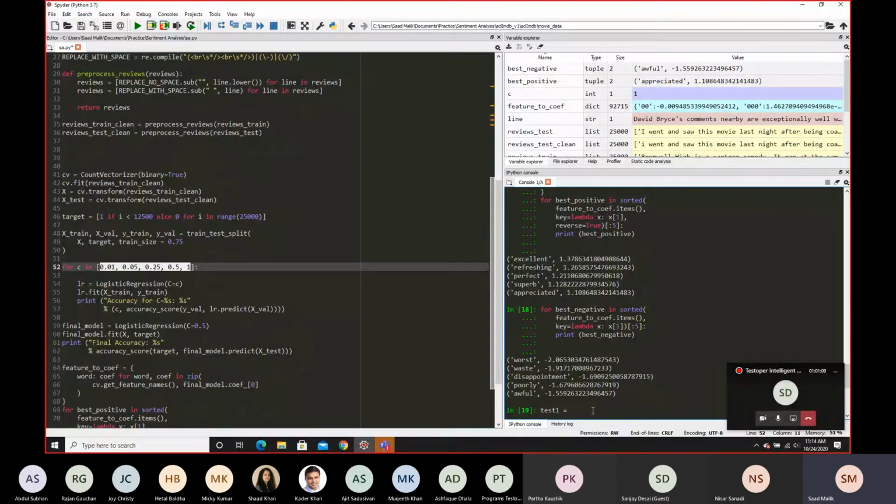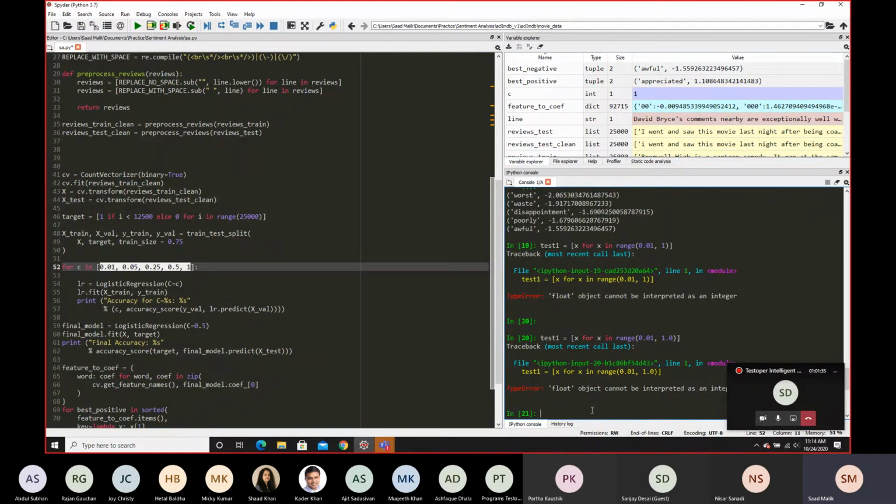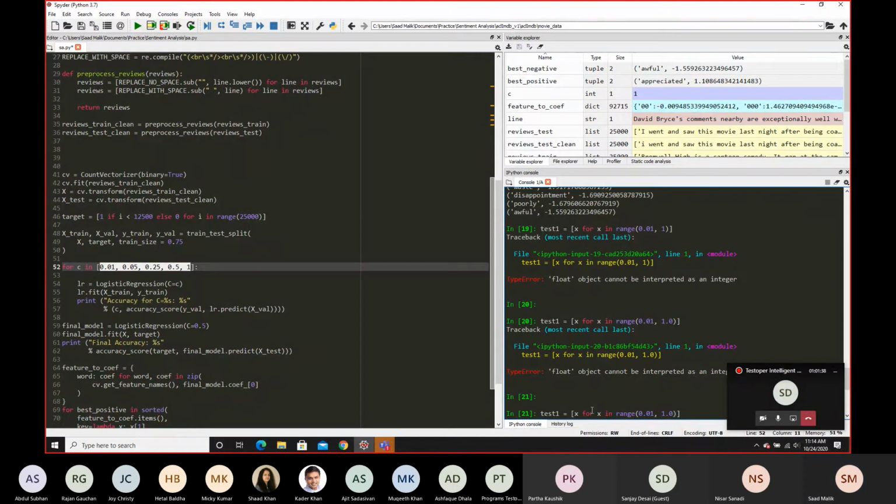Just want to see if the notation is correct. The solution to this would be you do 1 and then you do 100.